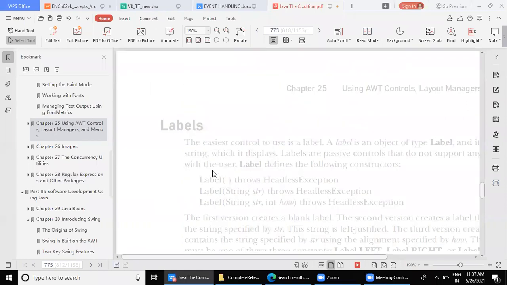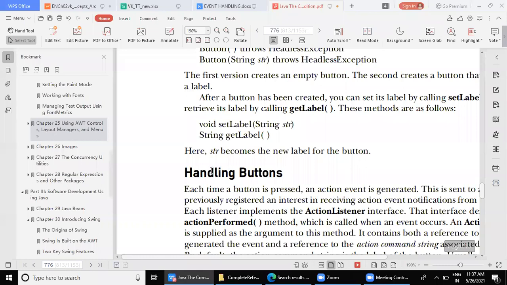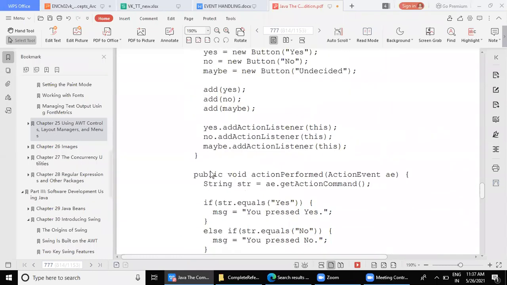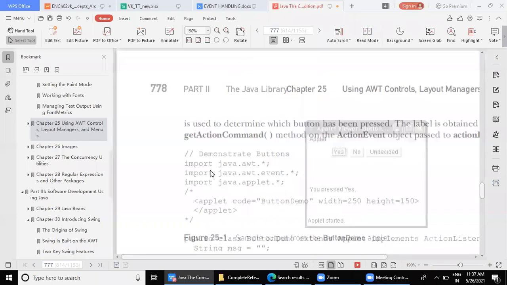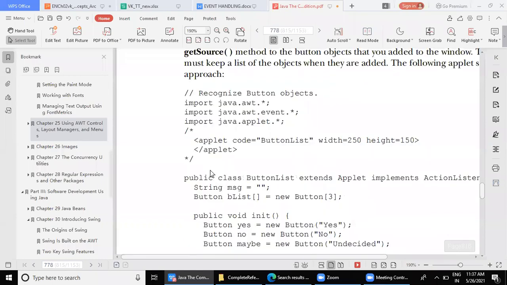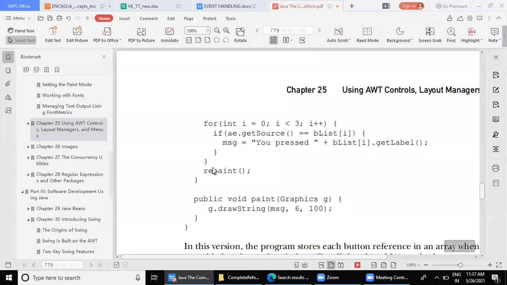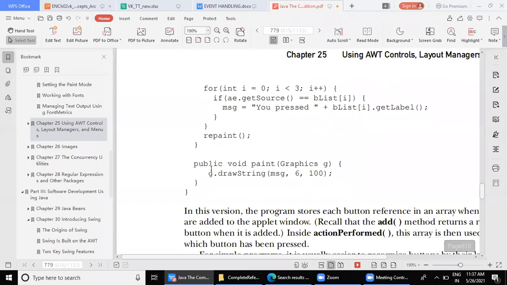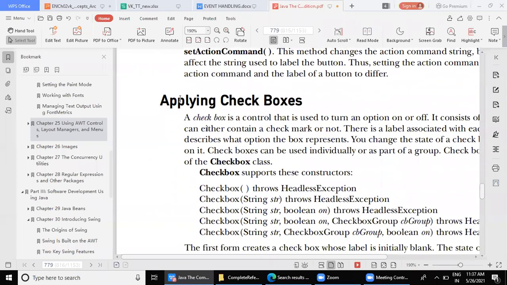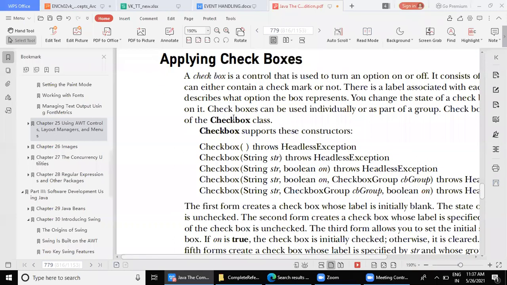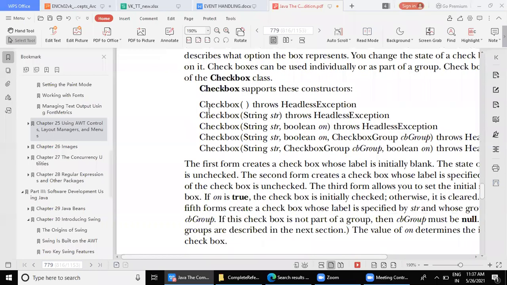We have programs to demonstrate each of the window components. One by one, see, there is a program to demonstrate the label control. There is a program to demonstrate buttons. Then there is a program to demonstrate even button arrays, which I have skipped to avoid complication right now. Then the program to deal with checkbox. So how a checkbox can be created is given here. Actually, it is not in your syllabus, but you need to do the self-study here. There are various ways.